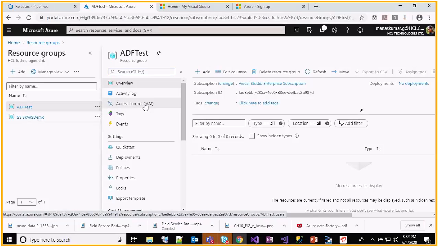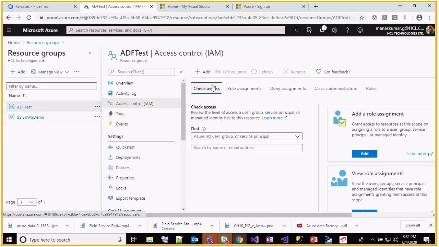Like there is access control management, which will provide access to particular resource groups, particularly for resources that are distributed across different regions. For example, if this is located in the US and I was about to do a project in the US, they have to provide access to their resource group first.